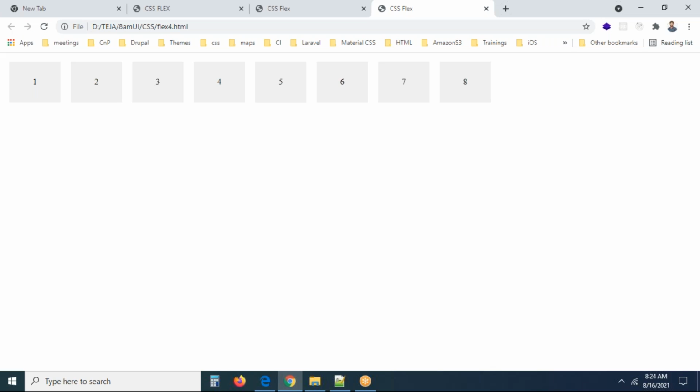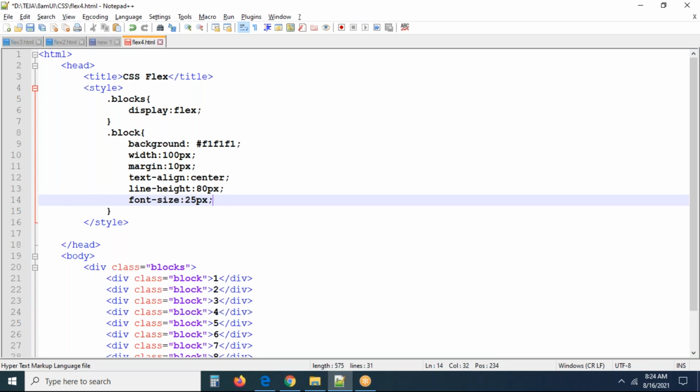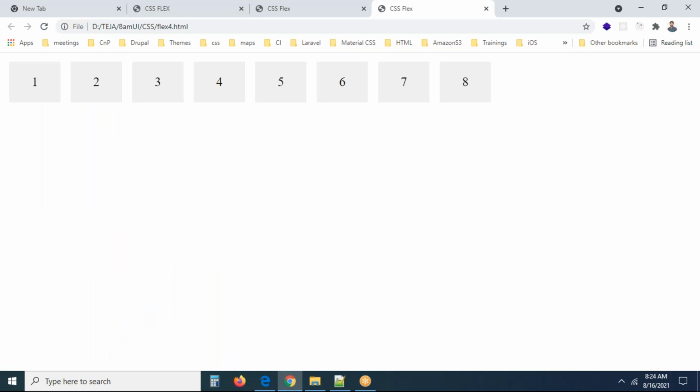Line height, I'm not using the height property, I'm using line height. And let me add some size for the font size, it is going to be 25 pixels. Okay, this is all done. Now you can see